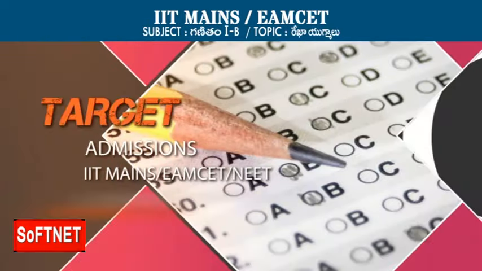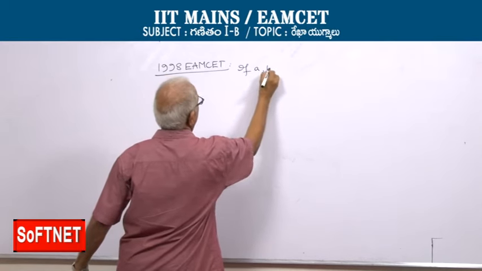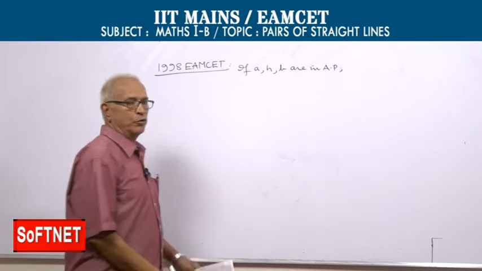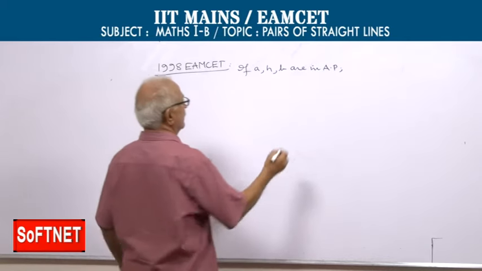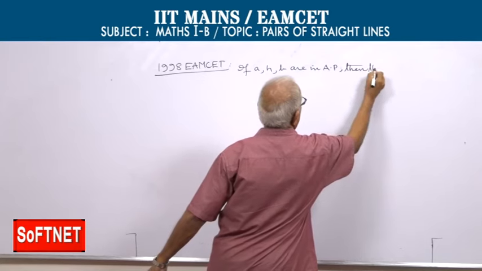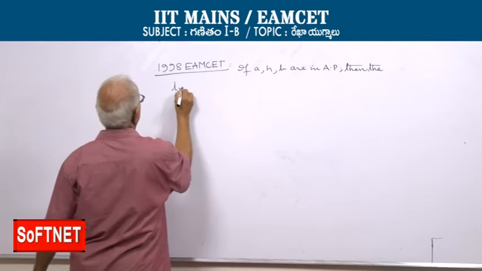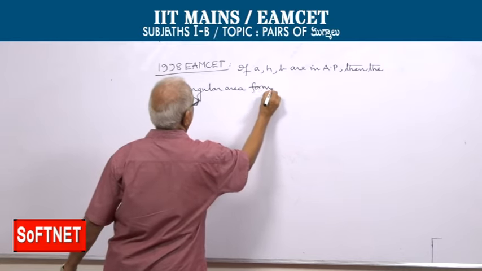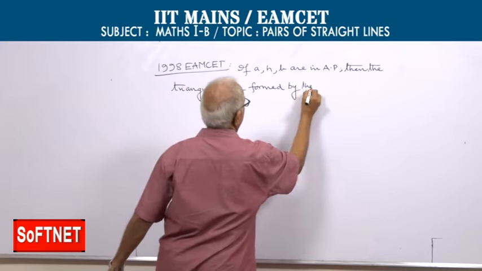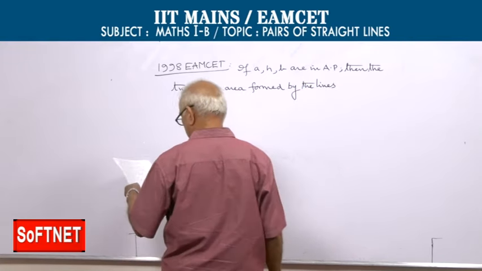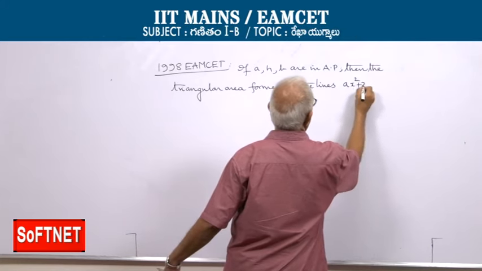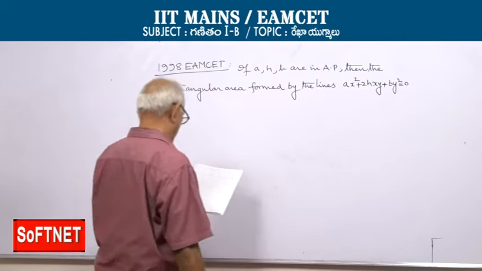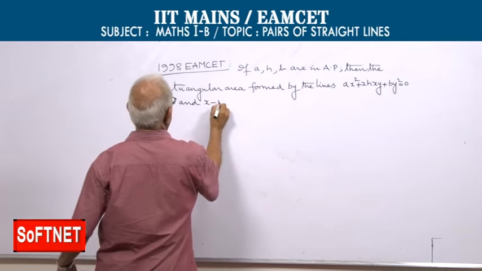Another interesting question on areas. If a, h, b are in AP, arithmetic progression, then the triangle area formed by the lines ax square plus 2hxy plus by square equal to 0, a pair of lines, and x minus y equal to 2 is